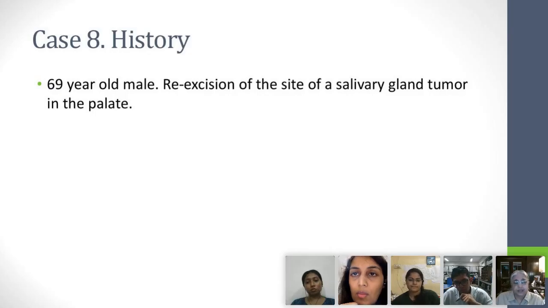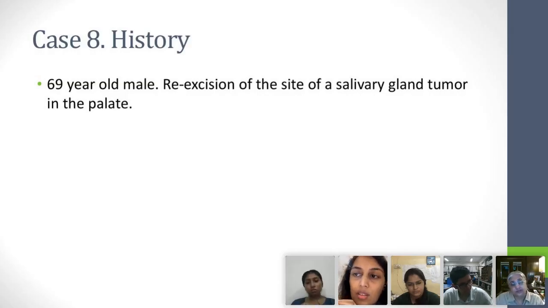Anybody else? Yes, carry on. There is a suspicion of malignancy or reappearance. So you think the surgeon thinks that there is a recurrence. Anybody else? Neha? Neelam, okay. Ma'am, it would show that there is a history of surgical intervention, and whether the lesion is the same or not, that we can't say. That's what they want to do.